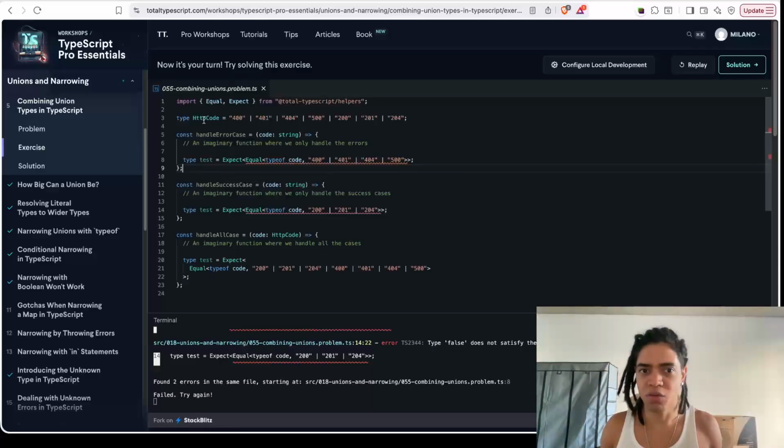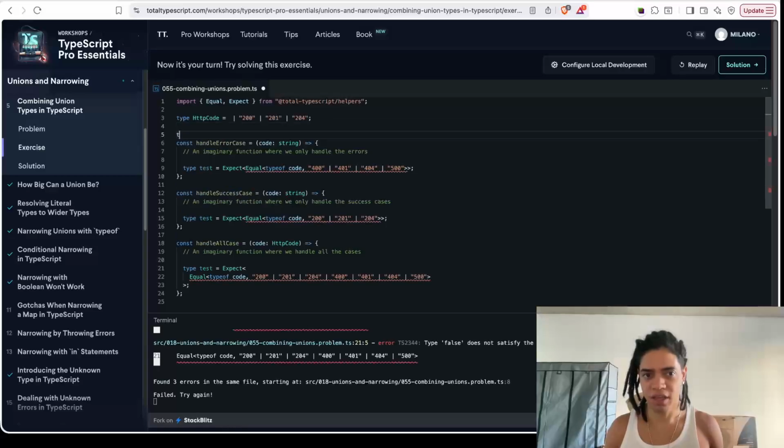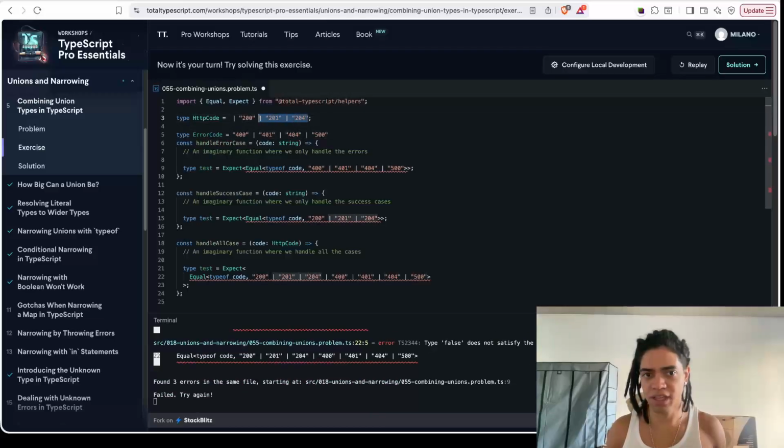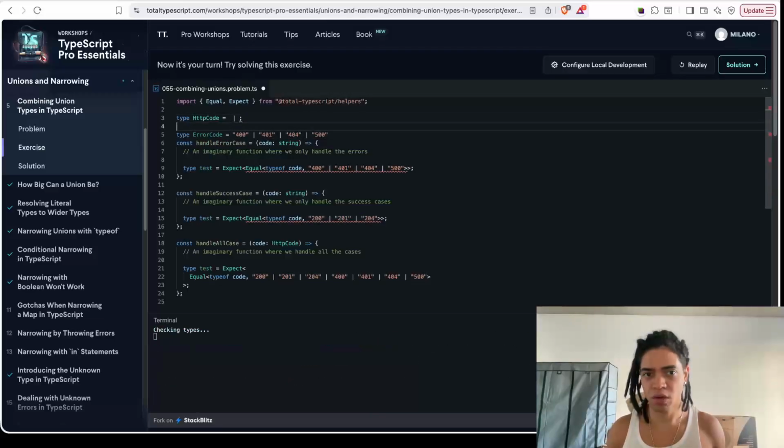So if we have all of our HTTP code here, by wrapping all these error cases in a specific type and saying error code, right? And all of the success cases into one and saying